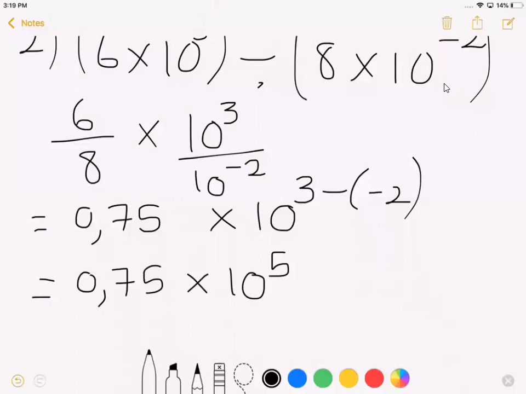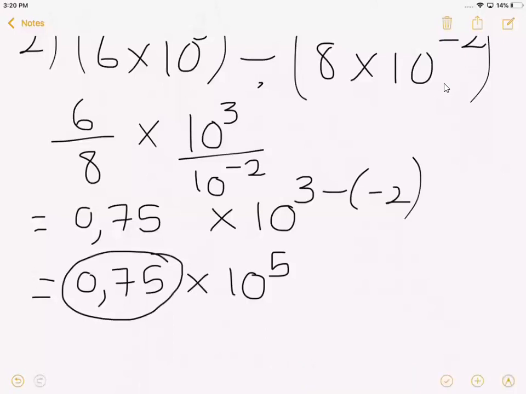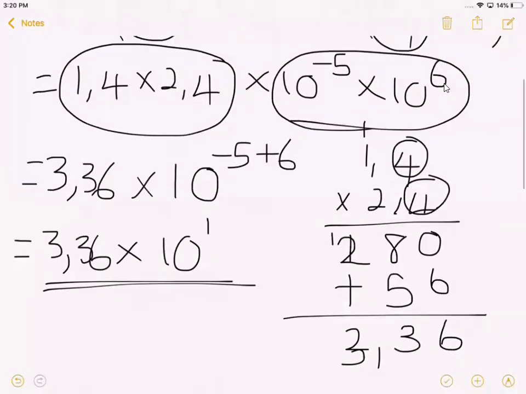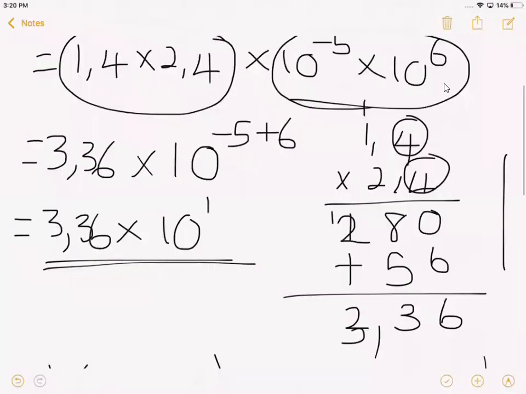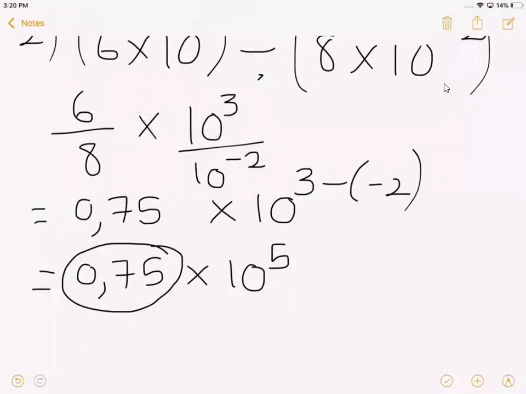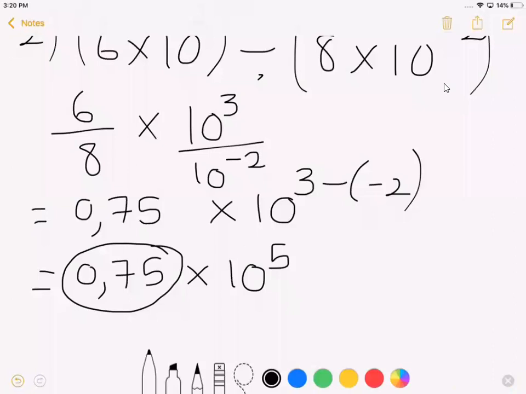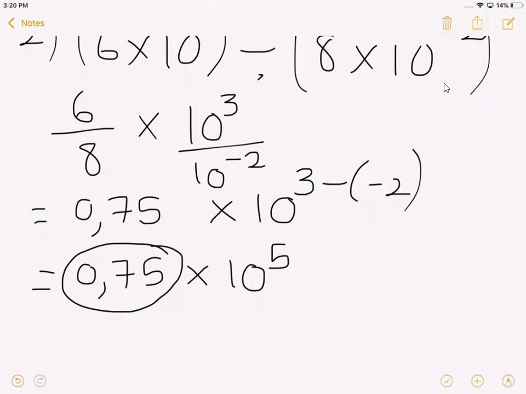But is your answer in standard form? No, your answer is not in standard form. You know how to change this one to be in standard form. The first one, your answer was in standard form. If the answer is not in standard form, you carry on. Like for example, in example number 2, the answer is not in standard form, so I need to change this one to be in standard form, which is going to be